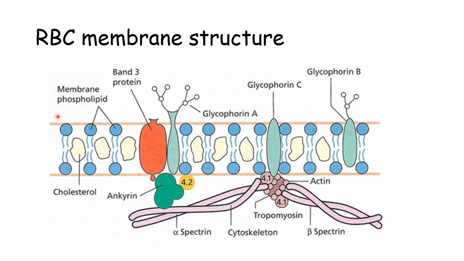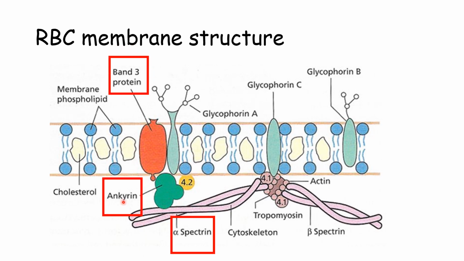So in the membrane of the RBC there are various proteins. And these proteins maintain the stability of the red blood cell membrane and also help to maintain the biconcave shape of the RBC. The most important proteins present on the membrane are band 3, ankyrin and spectrin. In hereditary spherocytosis, there is a mutation in either of these three proteins and this leads to instability in the red blood cell. Because of this instability, the RBC tries to acquire the shape with least surface area, and that is spherical shape. That is why the RBC in this disease is spherical in shape.